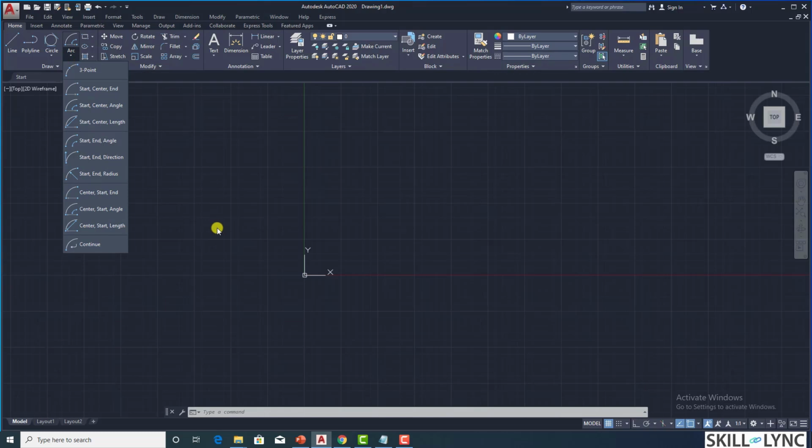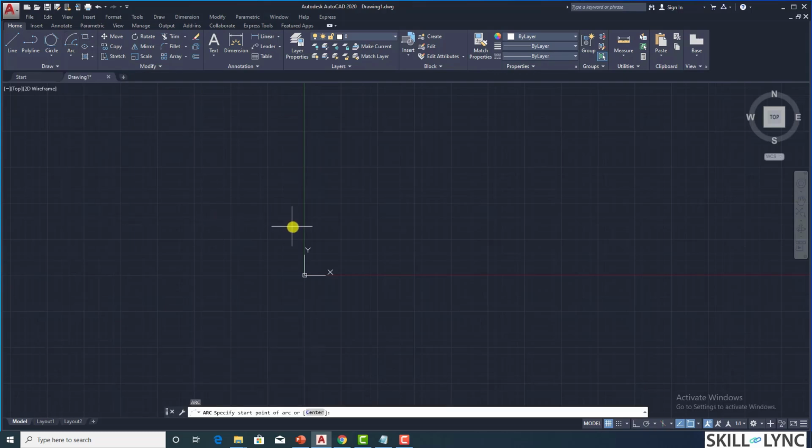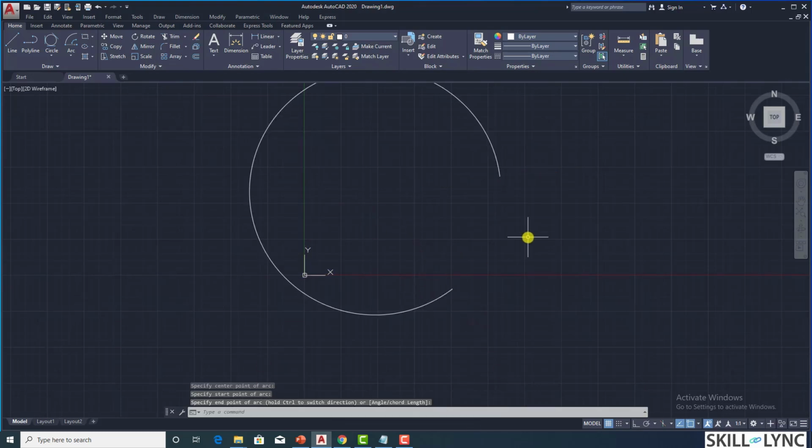So click on A, and in order to go into the center mode, click on C. The first prompt is for the center point, and the subsequent menu has only one option: only the start point is allowed here. So now click on the start point. Now select the method, that is the end point. As you saw in the previous methodology, it's the same. So you can select this, and going on to the next one,